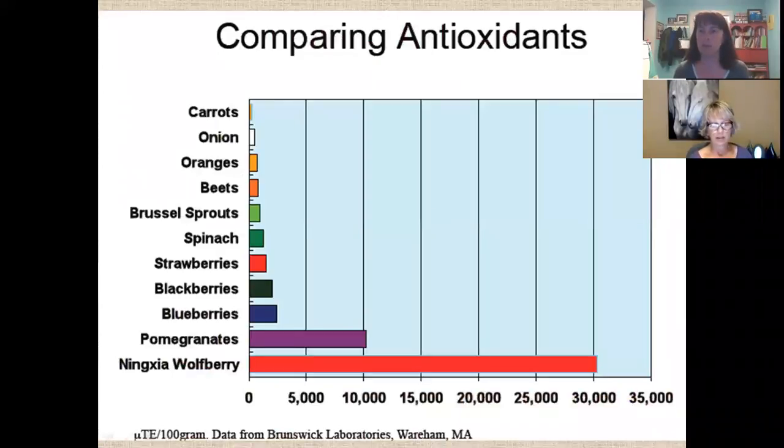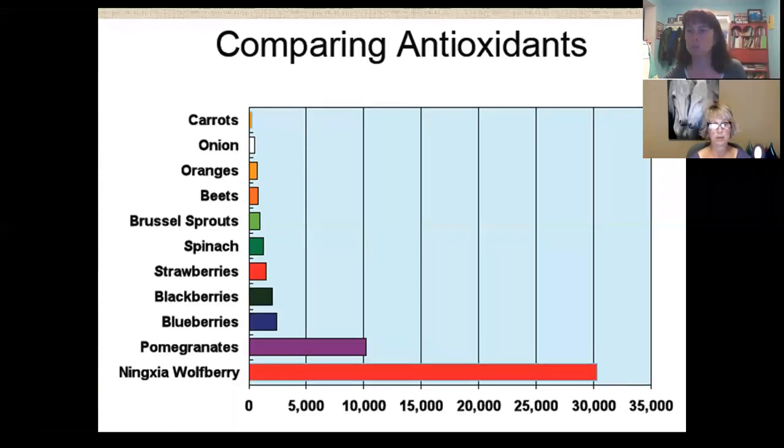So when you compare antioxidants, I love this chart because most of us know that carrots, onions, beets, oranges, Brussels sprouts, spinach, strawberries, these are all considered high antioxidant fruits and vegetables. And then pomegranates go far and above the blueberries and all the rest. But then look at what Ningxia Wolfberry does. It's off the charts higher in antioxidants than any of these products. So it's a real powerhouse